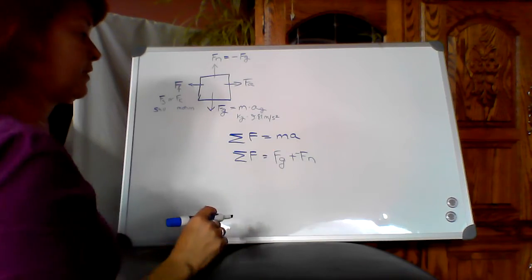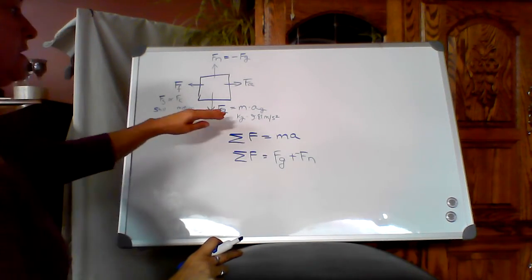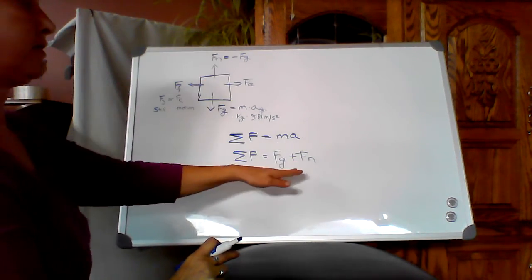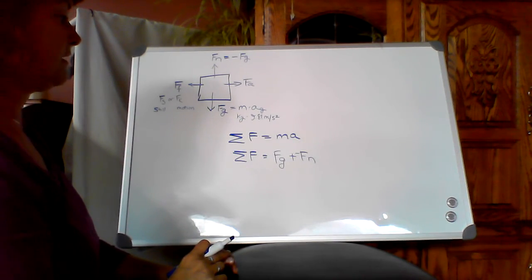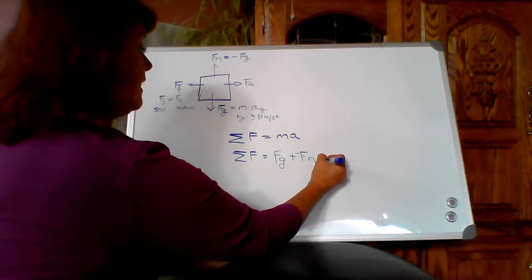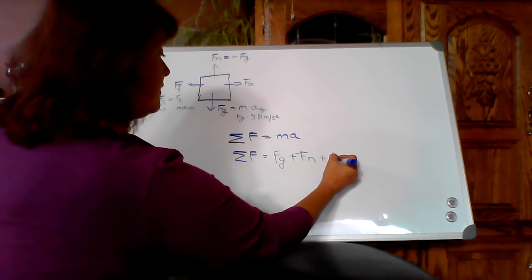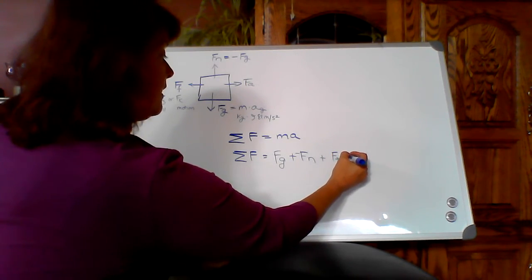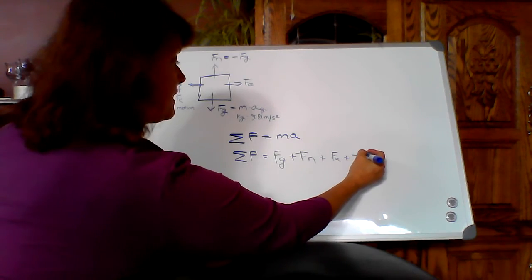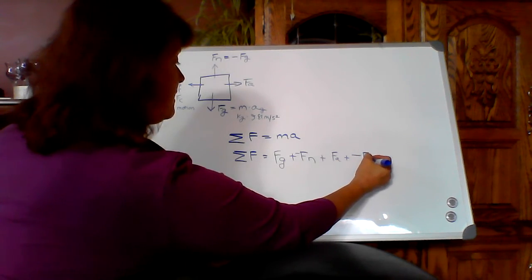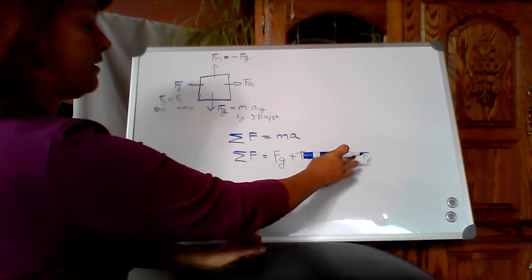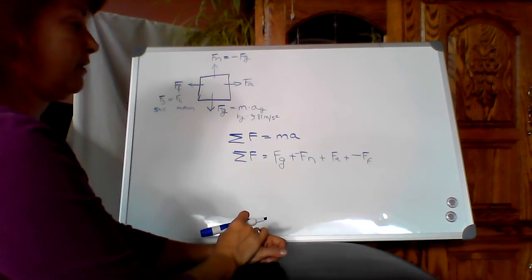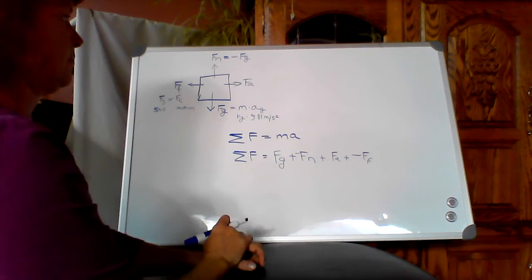The normal force, I'm going to put a negative sign on there because it's going to be in the opposite direction. We're talking about it being opposite the force of gravity, so we'll have a negative sign there. And we're going to continue to add the force applied plus the force going in the opposite direction, so the negative of the force of friction. So we can find all of our individual forces if we know some of them or the sum of them,